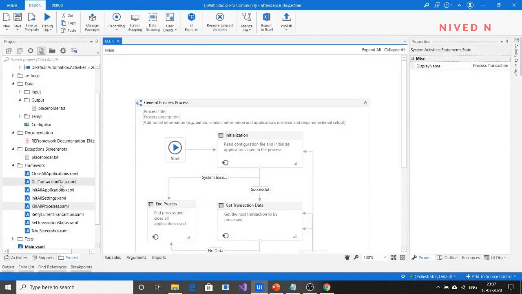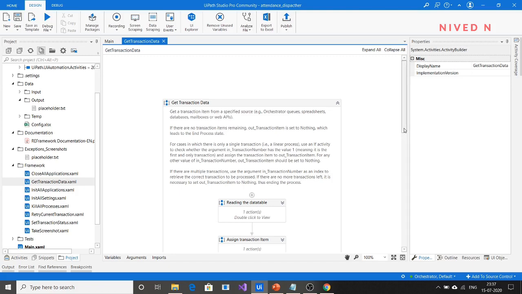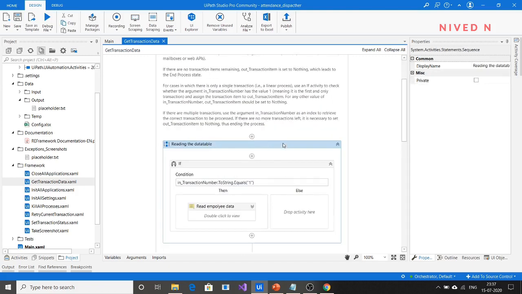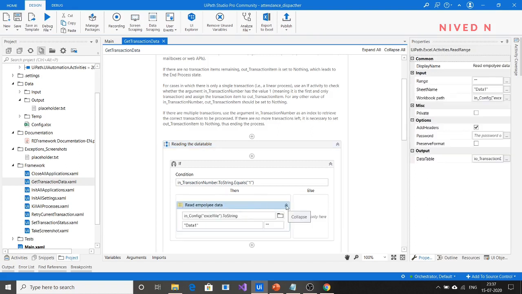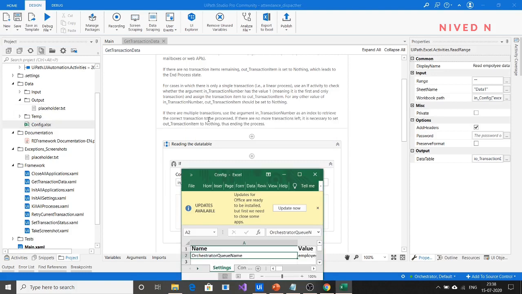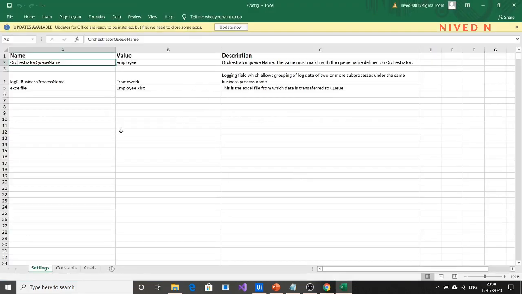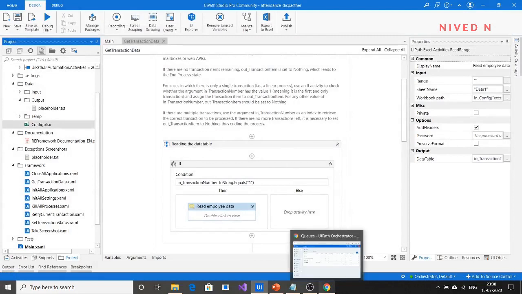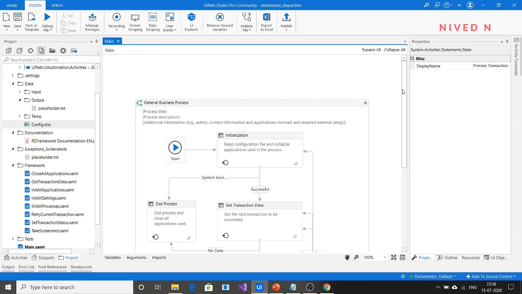Let me check again whether any error is involved or not. So let's run this dispatcher workflow and see what happens.